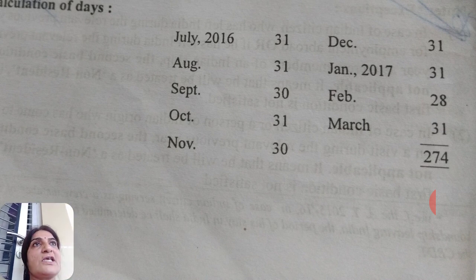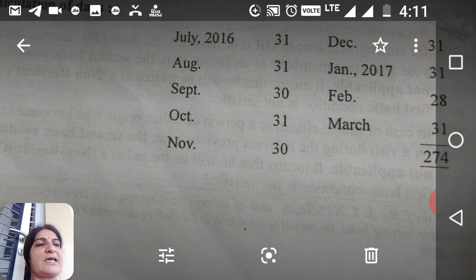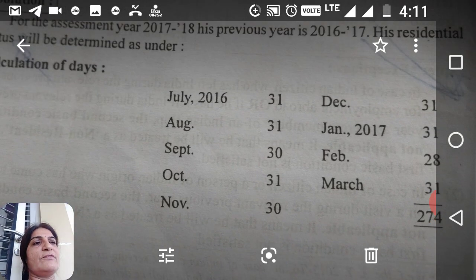So the first thing always is to calculate the number of days stayed in the previous year. Now he stayed in India during the previous year for 274 days. Clear this point? Okay. Now the second point we have to see